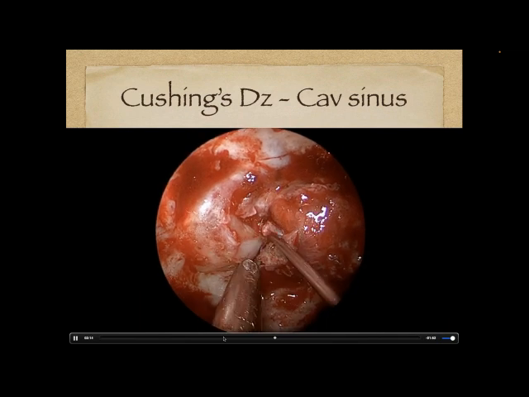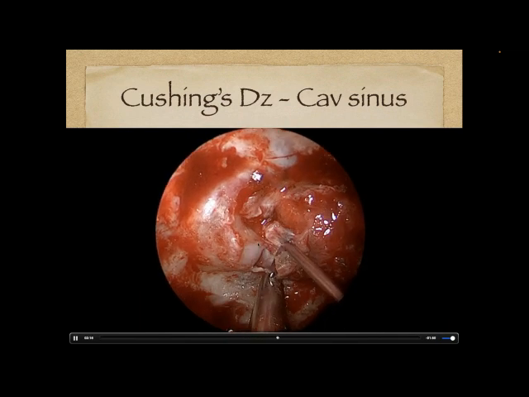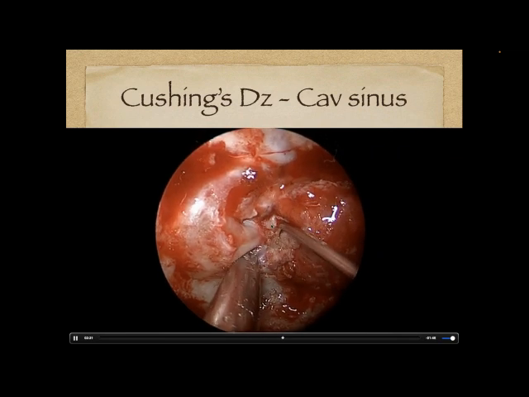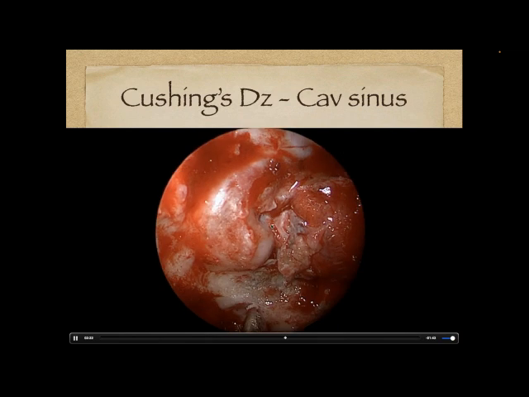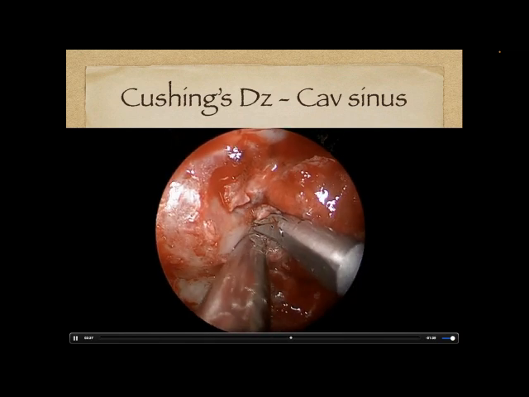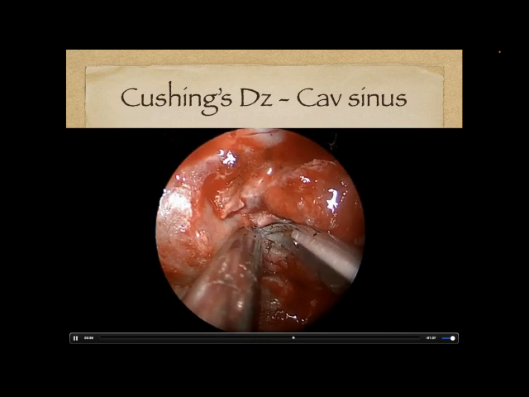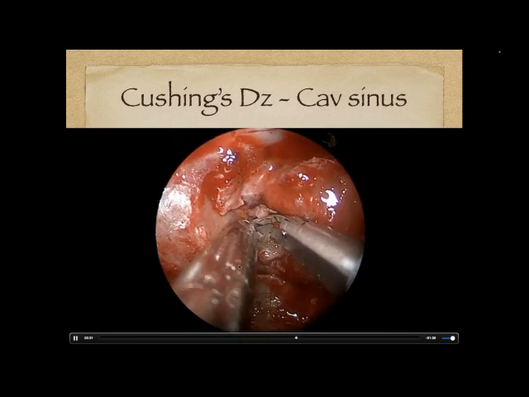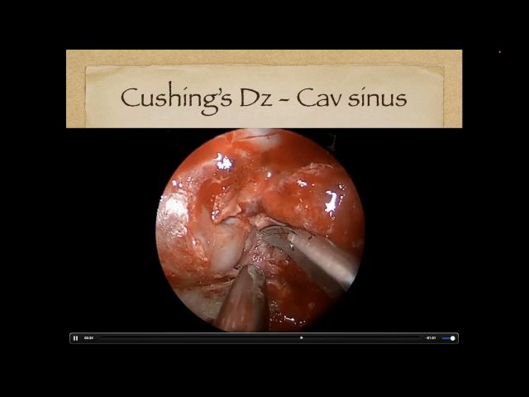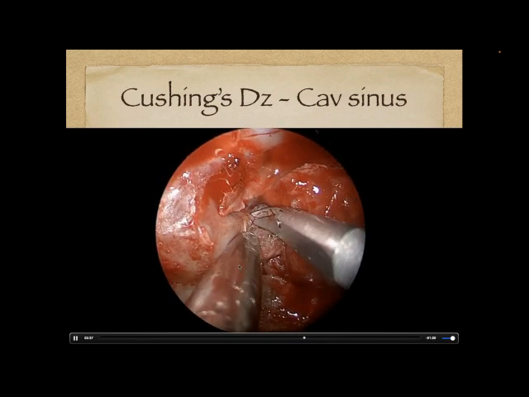So here you can see that's the carotid artery there that we're carefully dissecting this off of, and we start to see these little attachments, which are called ligaments, and then we can cut those ligaments and release this area of the cavernous wall. The cavernous wall is always there, and what we see here is the cavernous wall is actually full of tumor in this case. So it's very thick, it's very wide here because it's filled with tumor.